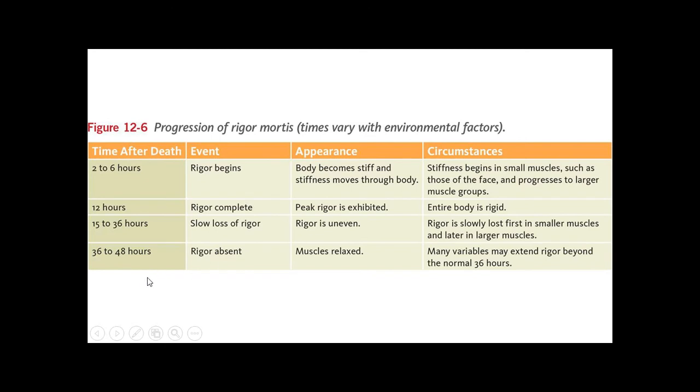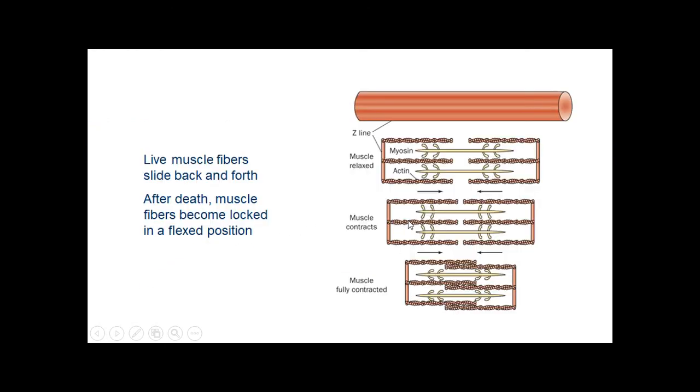Oops, go back. This is what the contracted state looks like, but right here, when you are in rigor, it is contracting beyond that normal state. It is contracting to the full extent that a muscle can. They are pulled so tight, it is not a natural amount of contraction that you could replicate on your body right now. Does that make sense? And they are locked until those muscle fibers actually decompose.